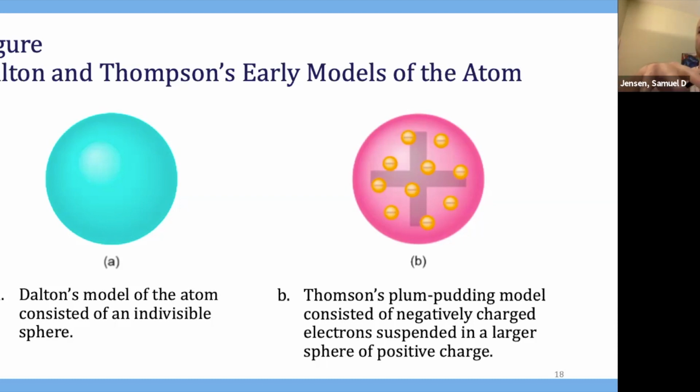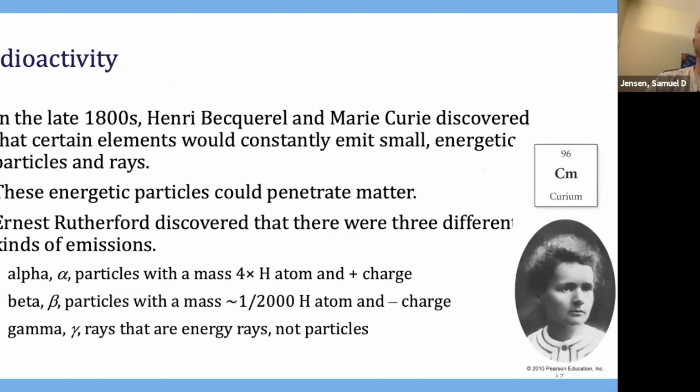You wouldn't end up with fruit all on the right side of your pudding, or fruit all on the left side of your pudding, or anything like that. They were kind of all mixed up in there, right? And so it wasn't until later on that we have Henry Becquerel and Marie Curie working on, obviously, radioactive